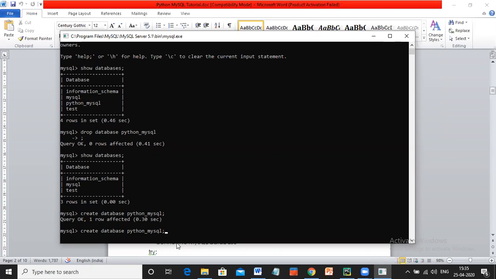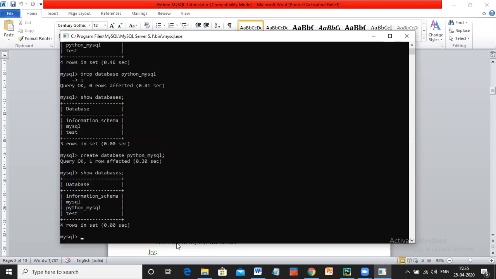Now if I go and check, this database has been created, but right now this database is empty. So what we need to do now is create tables in them and store data into them. Then only we can go ahead with operations like CRUD: insert, update, and delete. Okay, clear with this so far? Yes, sir. Okay.